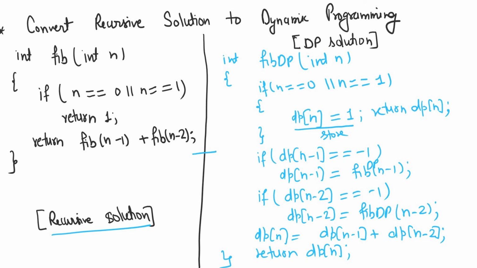See how easily I converted my recursive solution into the DP solution using compute, store and reuse. It required just a few changes in your recursive solution to convert it into the dynamic programming solution. So let me conclude. I told you 3 steps to do any dynamic programming problem. First is to design a recursive solution for your problem. Second, find the common subproblems by analyzing the recursion, and the third step is to convert your recursive solution to the DP solution. So anytime you get any new dynamic programming problem, please try to follow this approach. It helps you a lot.